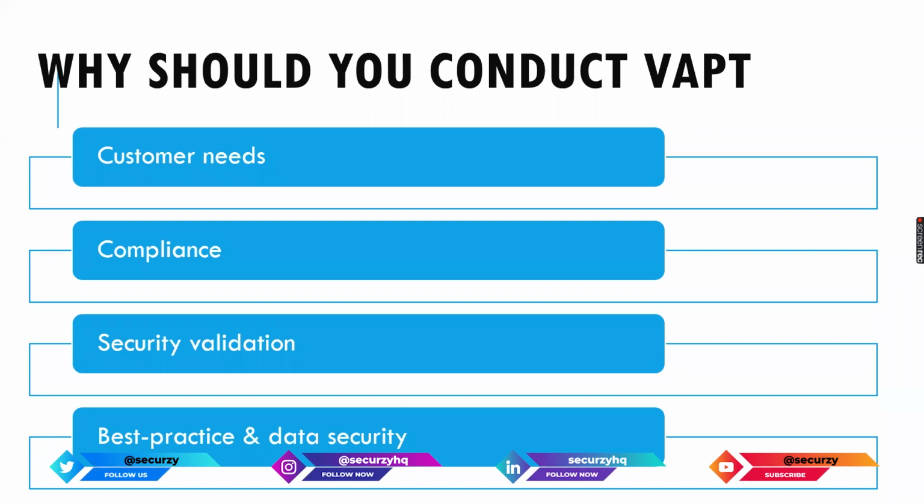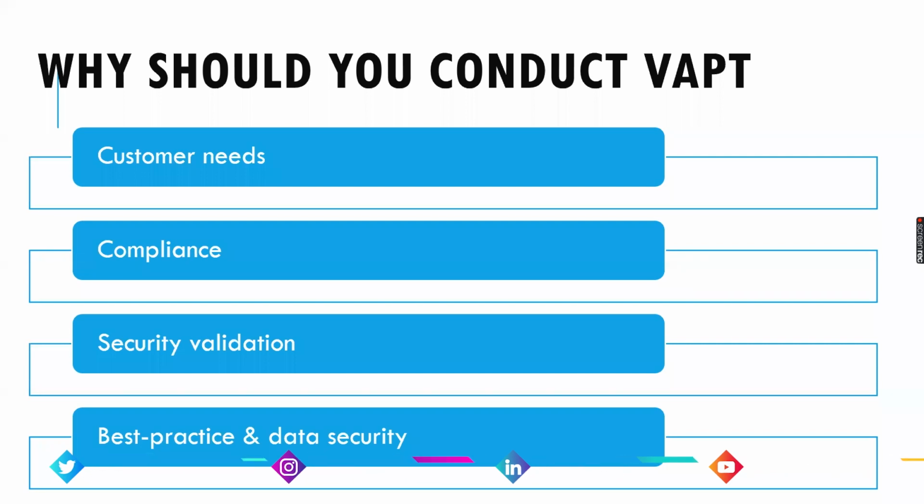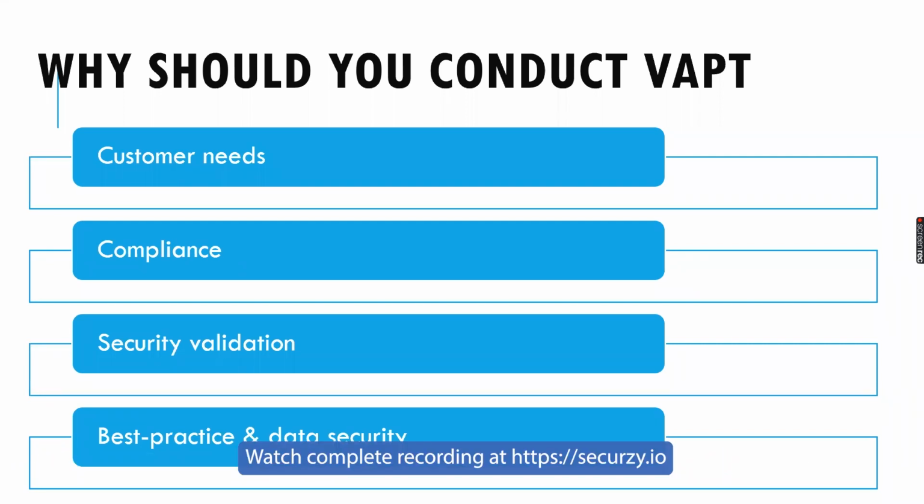Second is compliances. Compliances means a large number of industry standards and regulations have included vulnerability assessment and penetration testing, as you all know, as they are mandatory requirements. I will discuss what those compliances and certifications for VAPT are later. Okay, next is the security